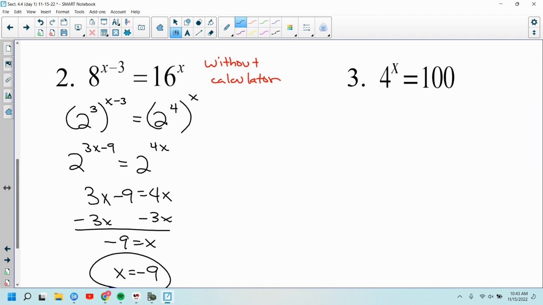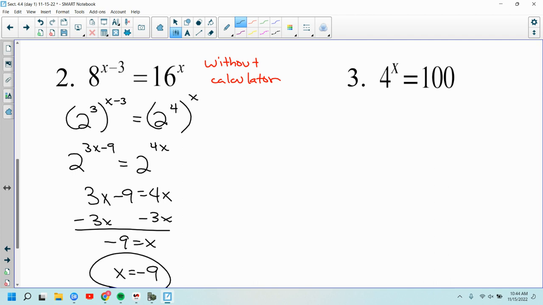Can't make the same base. 4 can be 2 squared, but can 100 be written as 2 to a power? Nope, you can try. So you cannot get them to the same base. Now this is where we have to use a calculator, and this is where logs come into play. When you have the variable in the exponent and you cannot make them the same base,